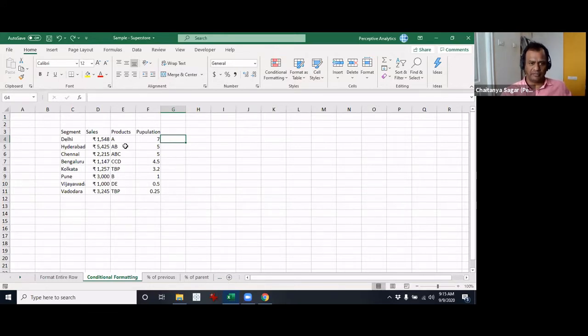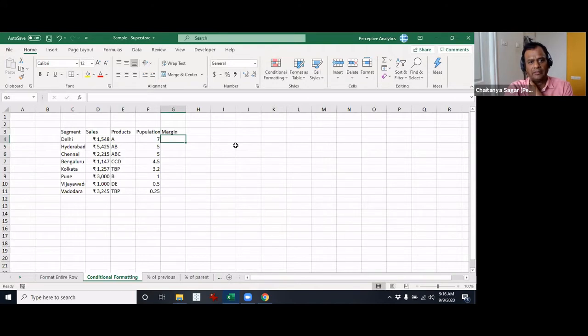Let us say you have various products right here. It's actually not in the right way for me to give you the example. Okay, so let's take margin, and we'll say the margin for various cities is different.